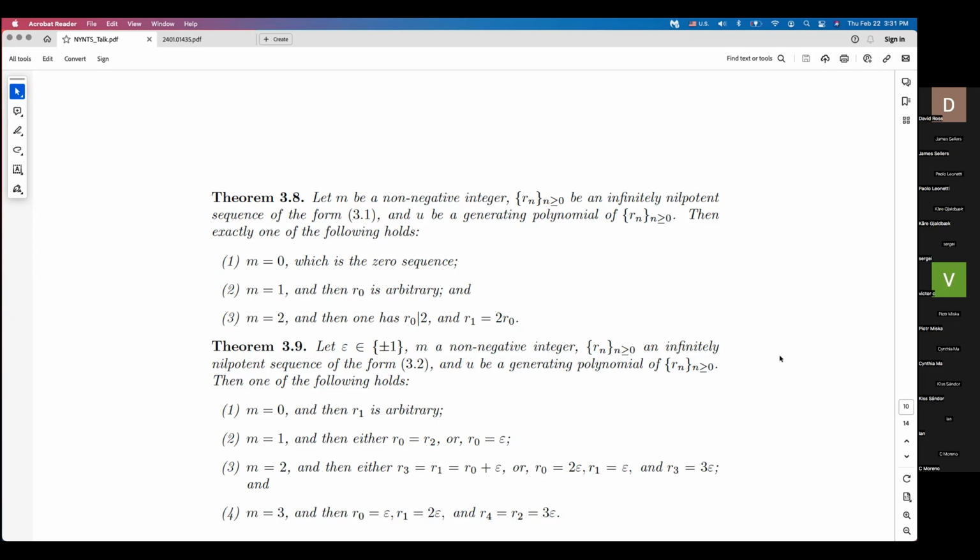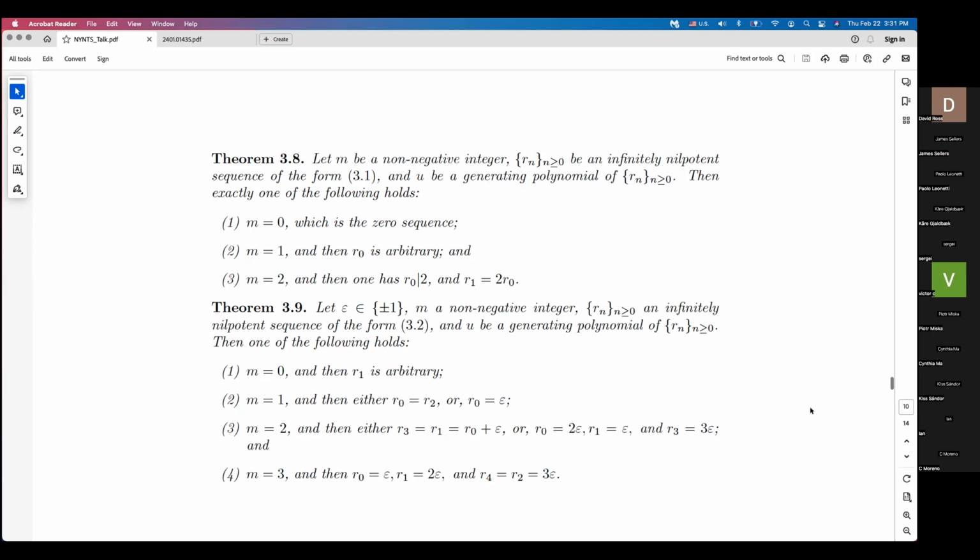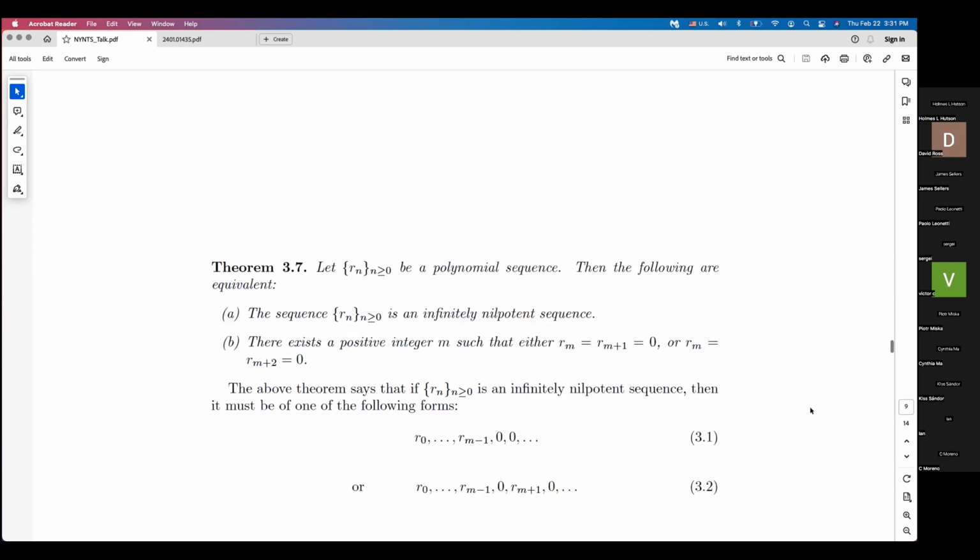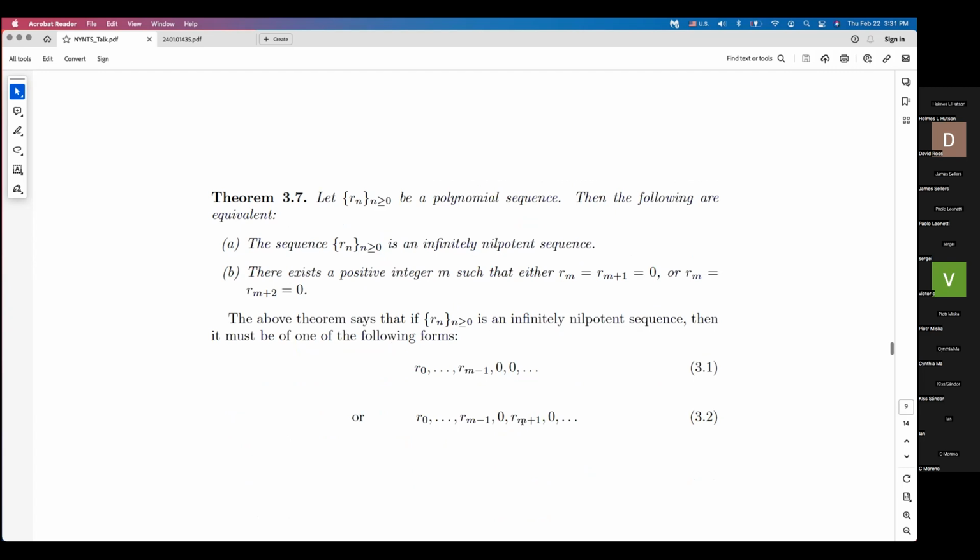Now this classifies the infinitely nilpotent sequences, which are of the form 3.1. So it becomes stationary at 0. What would be the idea for the sequences that look like 3.2? So it flips between some 0 and some non-zero number. Okay, here's the idea. If Rn is a sequence and U is a generating polynomial of that, then all the